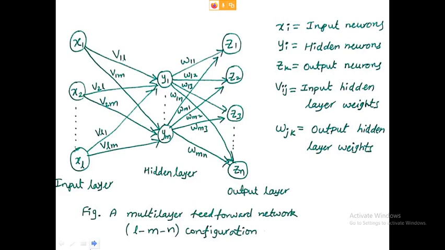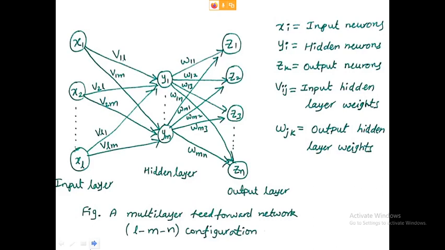In the input layer, what is this configuration? Configuration means it can be represented with the LMN configuration for a multi-layer feed-forward network. That LMN represents the input layer neurons, hidden neurons, as well as output neurons. So if you are adding one more hidden layer, let us take that one more hidden layer is represented with some alpha.